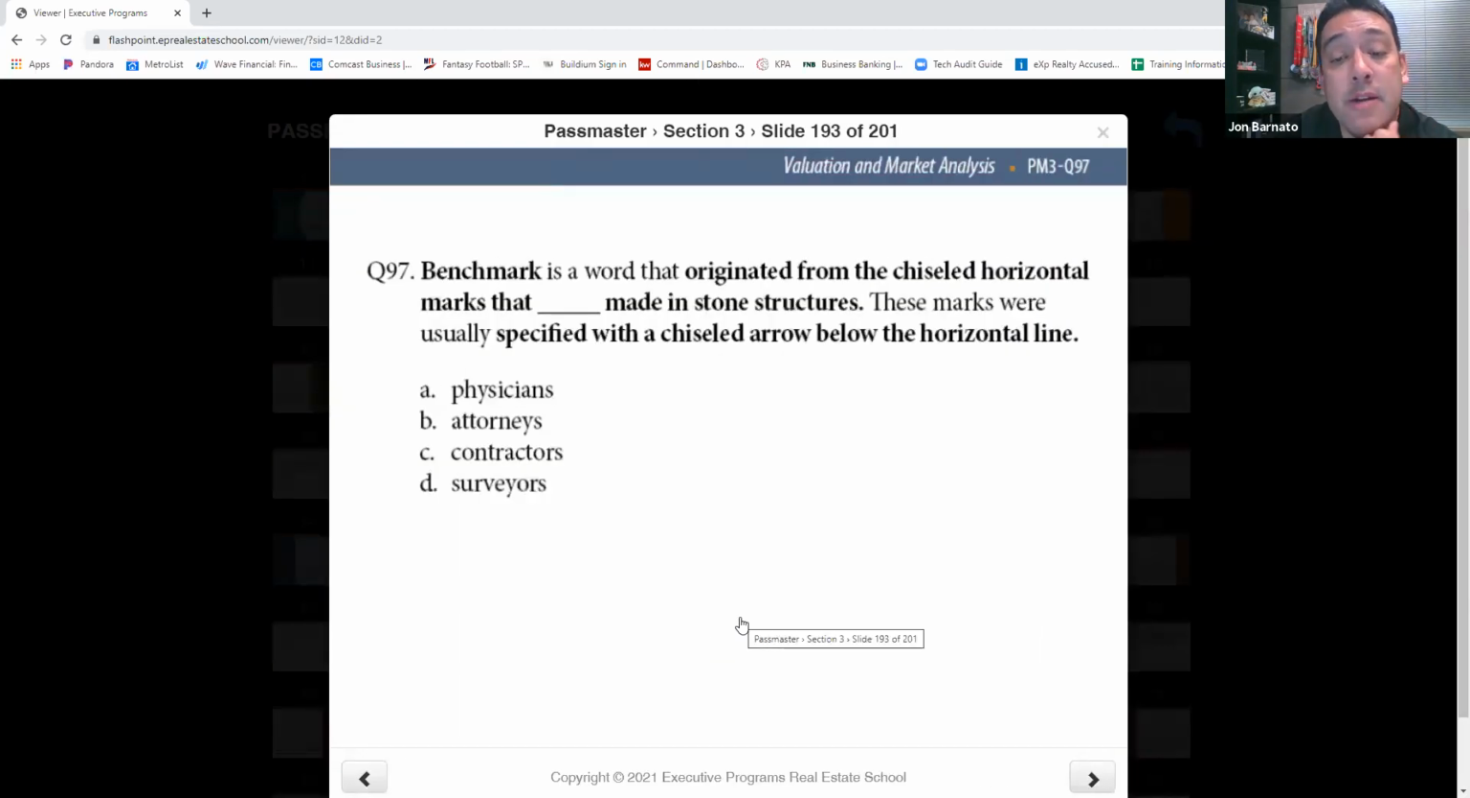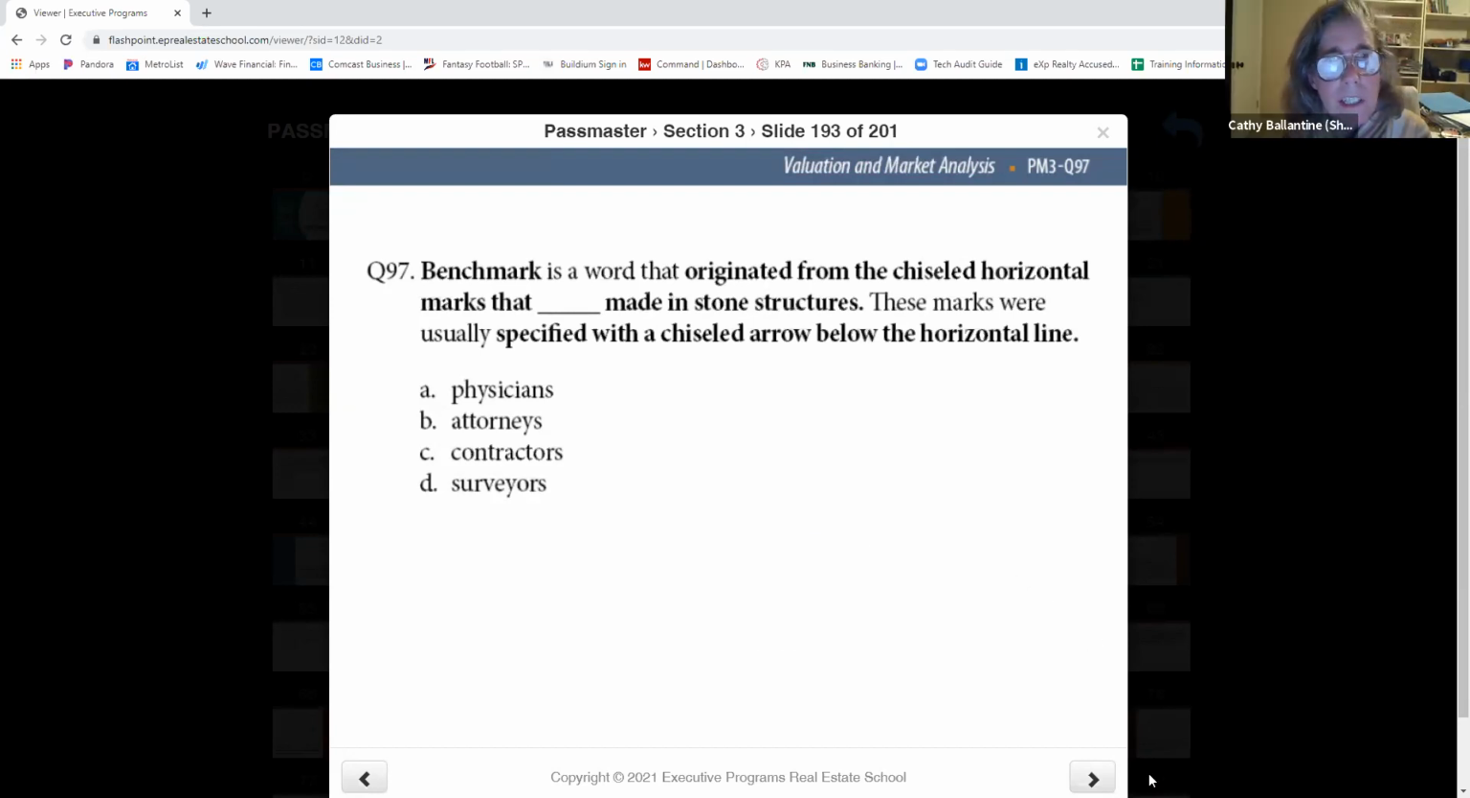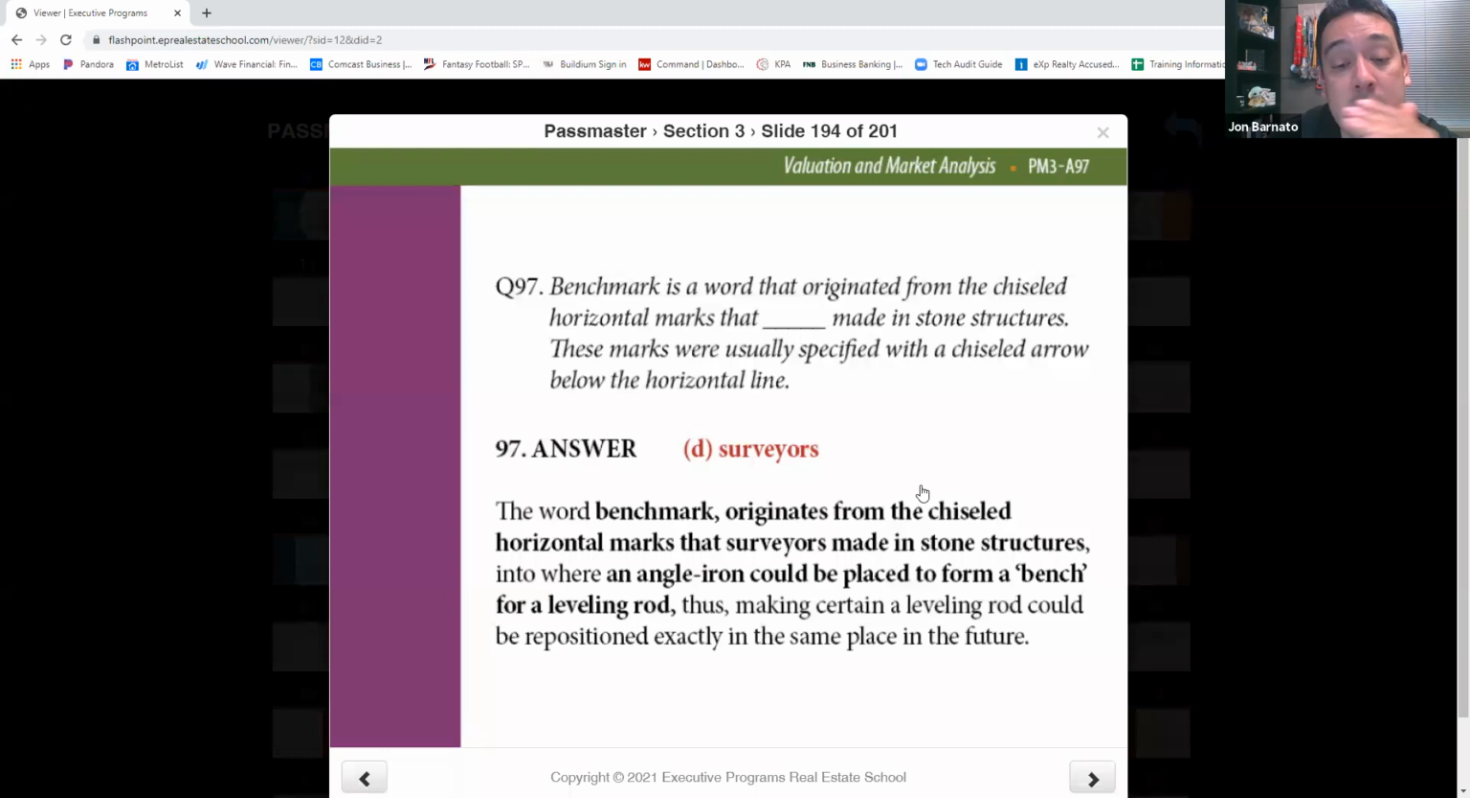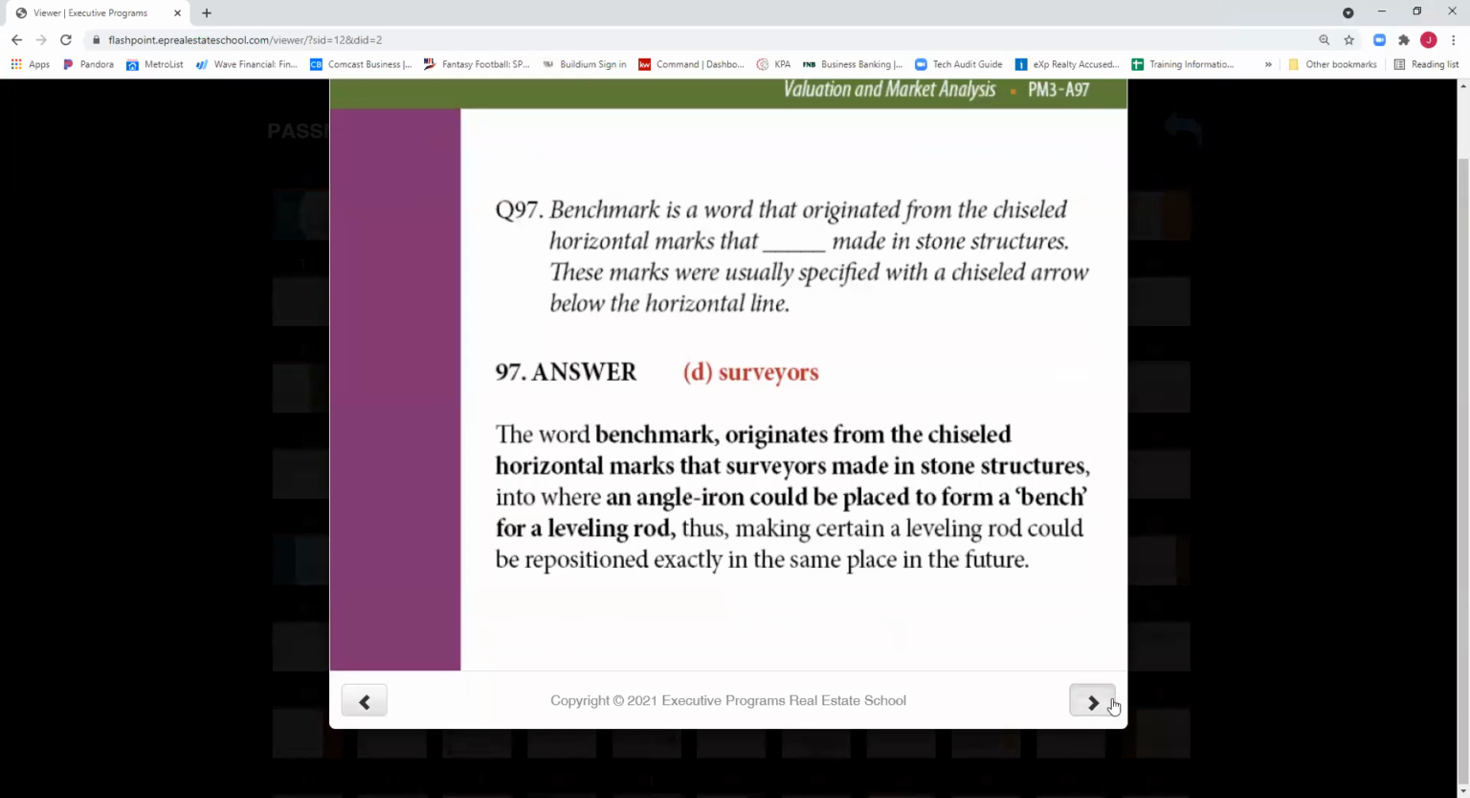Benchmark is a word originated from the chiseled horizontal marks that surveyors made in stone structures. These marks were usually specified with a chiseled arrow below the horizontal line. Who made these? Who's chiseling wood? I mean, rocks. Surveyors, yes, they use these to determine the height, especially when something was built on an angle, right? To make sure that